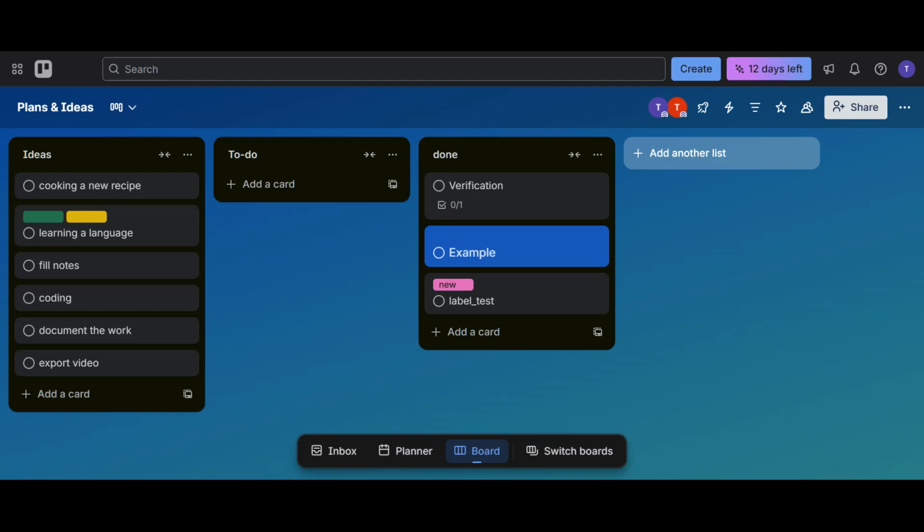In today's video, I'm going to show you exactly how to use Trello board buttons to automate your workflow and save a ton of time. If you're constantly moving cards, updating lists, or repeating the same actions over and over again, board buttons in Trello are going to completely change the way you manage your projects. By the end of this video, you'll know how to create your own board button and automate tasks in just